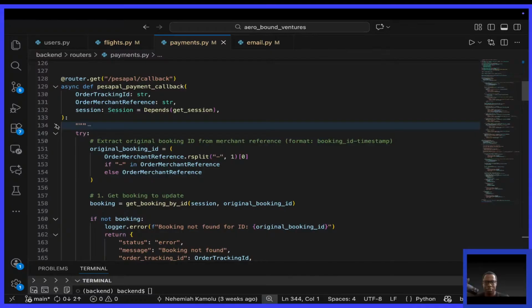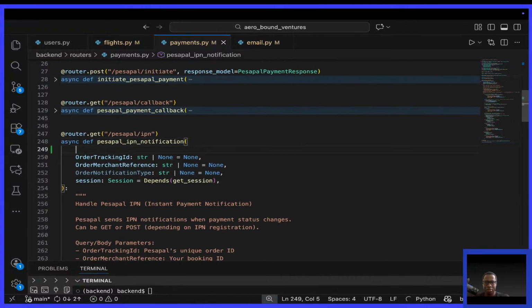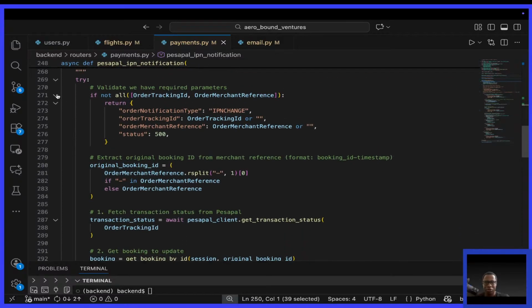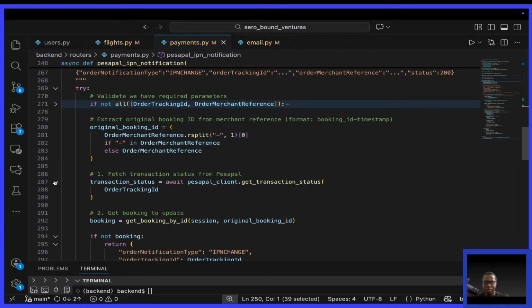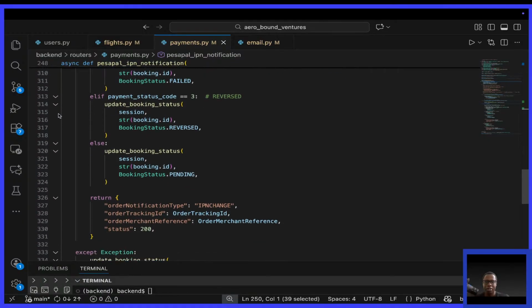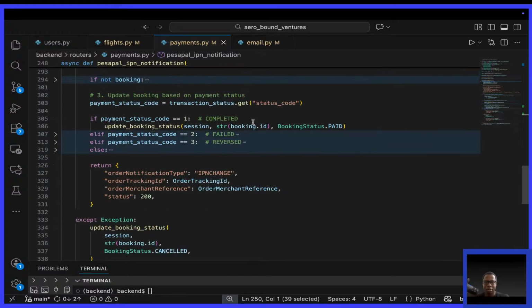So for both, we're going to have background tasks. I'll say background tasks is background tasks. Copy that. Also come here, background task equals to that. Then for this one, we minimize this, close that. So we're looking for when it has been completed. When it has been completed, I'll minimize this. So after updating booking status,